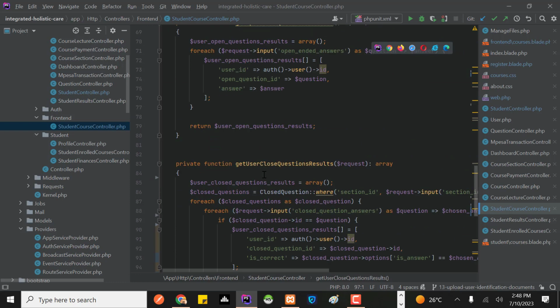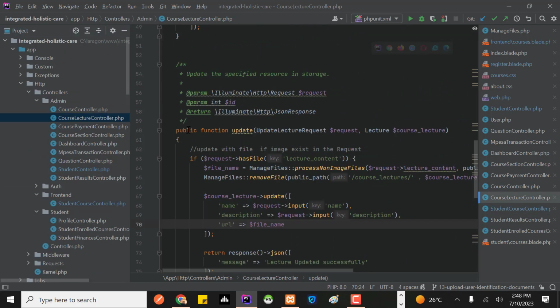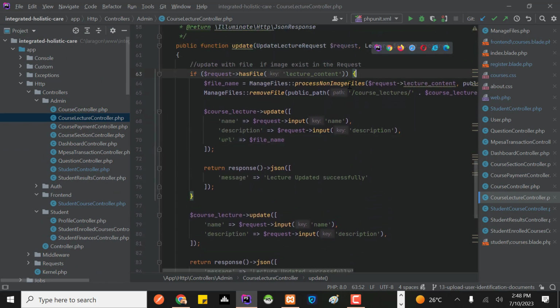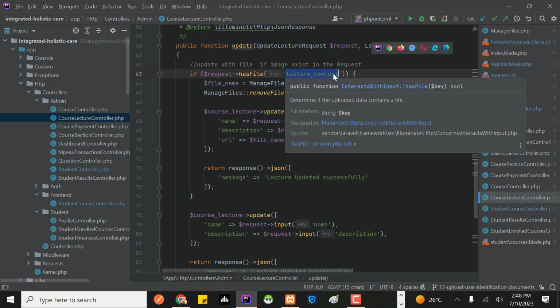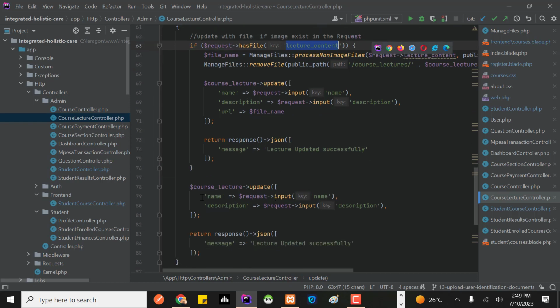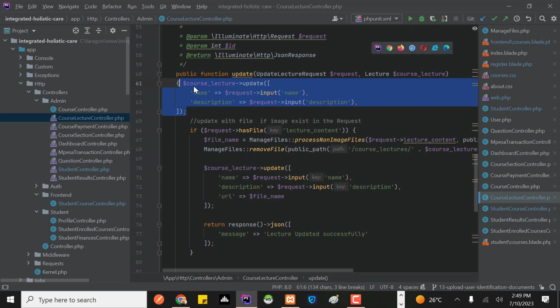And then what I also saw is that if I go to, let us say, course lecture here, initially this is what I was doing: I check if there is a file by the name lecture content, and then I update the file, and then I update the data, and then I send a response. And if there is no file of this nature, I just update the data without the file content, then I send a response. What I can do is that initially I can just assume that